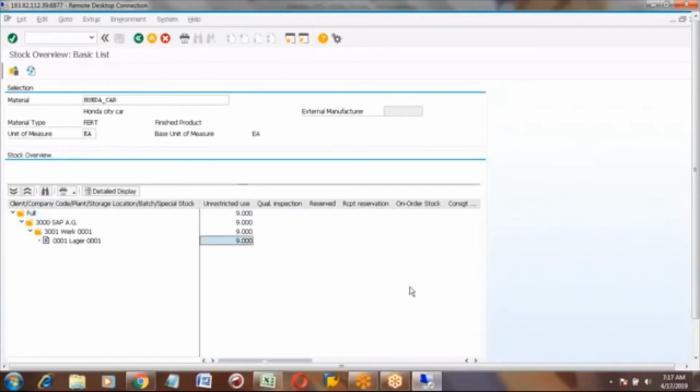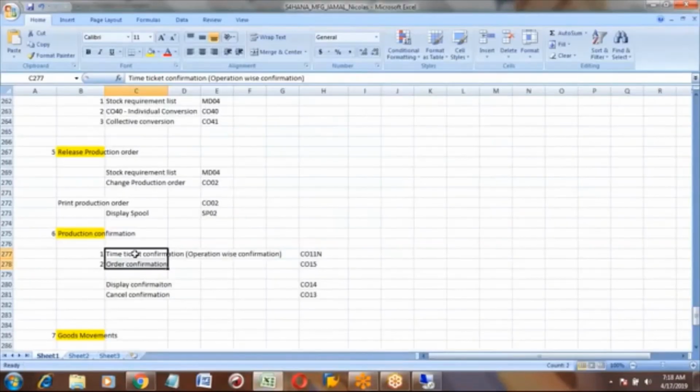This we are doing operation wise with CO11. Order wise confirmation is CO15. In this case, what will happen? I can show you now.